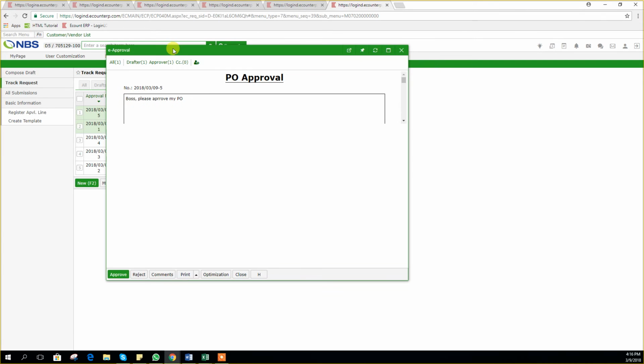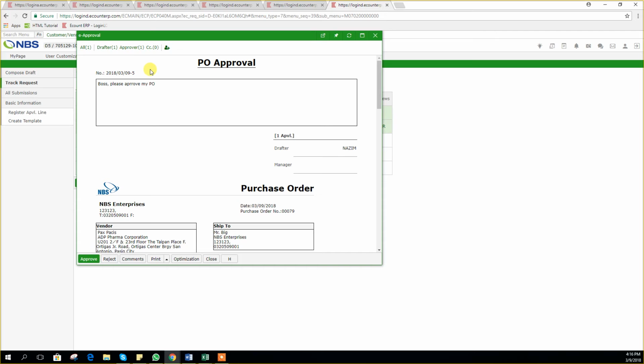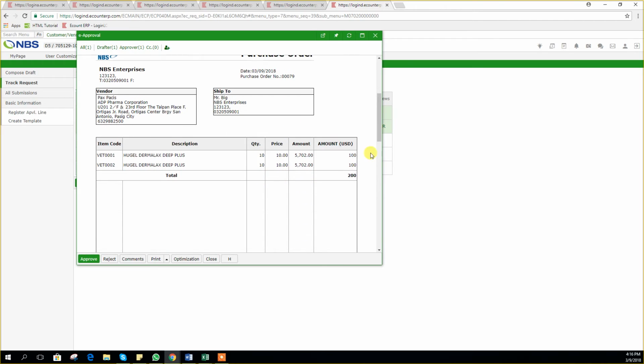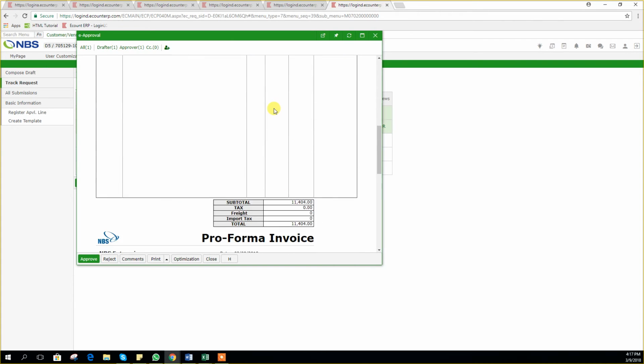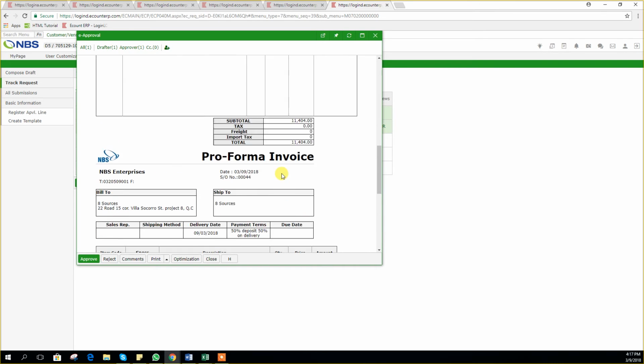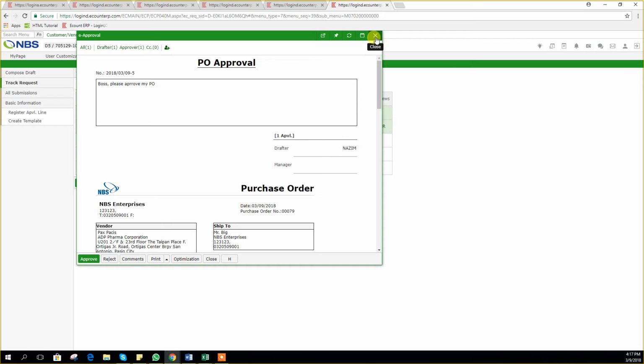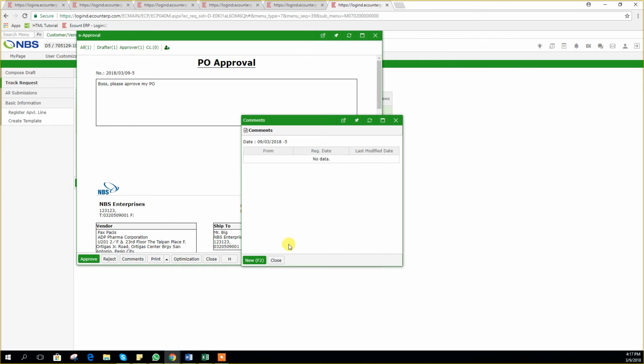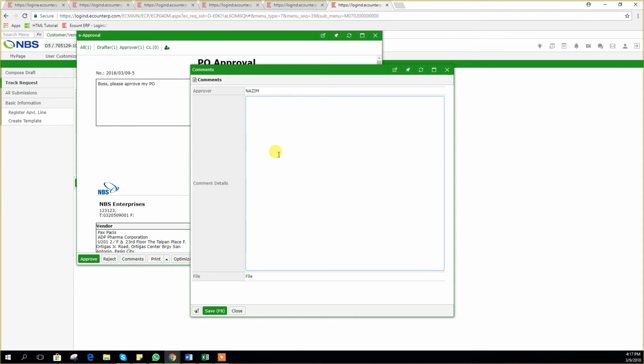Oh, okay, somebody created a purchase order with this message, and then oh, it's in USD. Oh, 200 USD. Oh, I see. And this purchase order is referring to this sales order that I've made with 50% deposit and 50% on delivery. So it comes together. Alright, so my boss may be going to put it inside here like, hey,